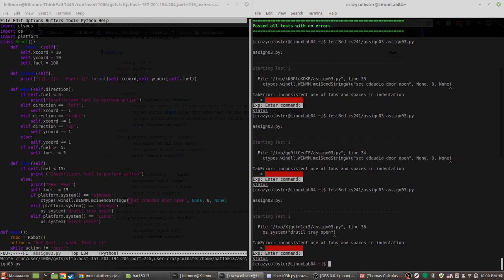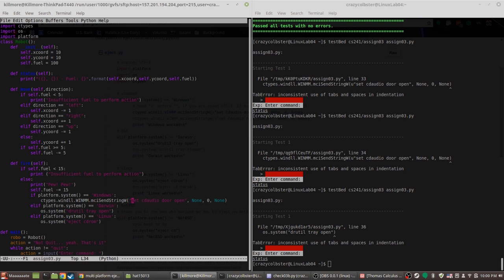I don't know if that's gonna do it. Inconsistent use of tabs and spaces in indentation.